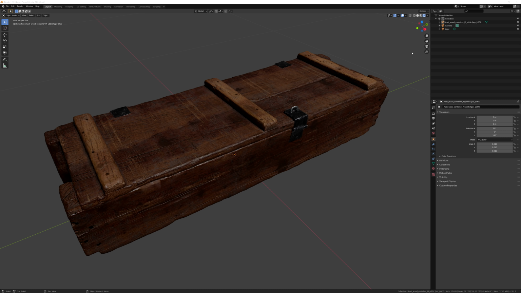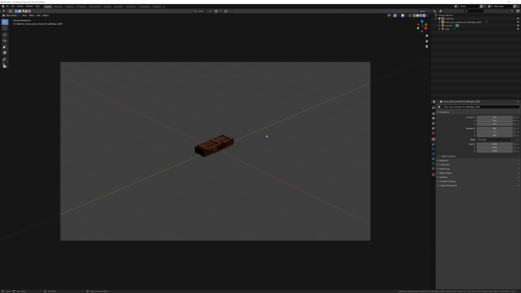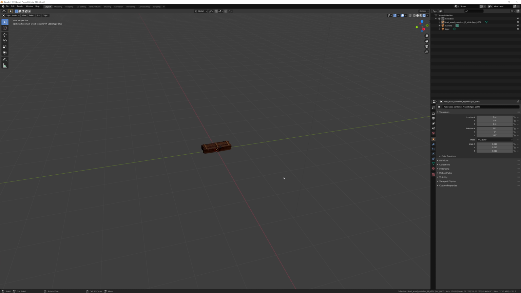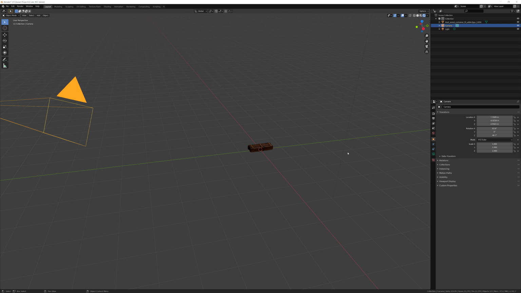If you take your cursor and click the little camera icon right here in the top right, or hit 0 on the number pad as the shortcut is telling you there, it'll zoom to the view of the camera, which is shown by the bounds of this shaded area. Right now, our camera is pretty far away from the asset, and you can't really move the camera around without selecting it first and then going through the process of moving it to an arbitrary location. But let's show you how to reposition the camera the easiest way.